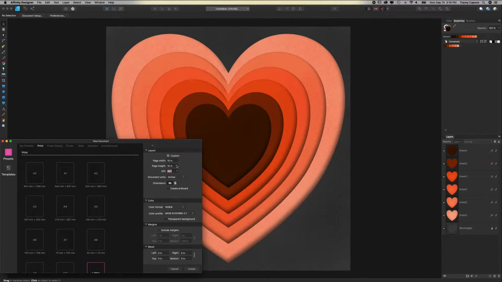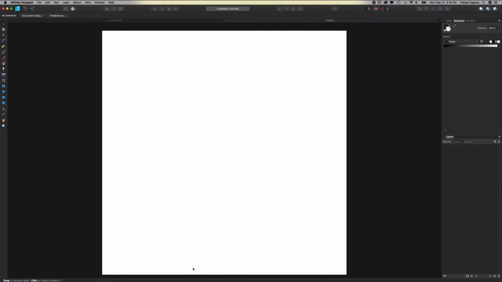So I'm going to go ahead and select a 10 by 10 canvas here. And I want to make sure my DPI is at least 300. That's the minimum that you want to select if you plan to print anything. I don't need an artboard, so I'm going to keep that unchecked. And I'm going to make sure transparent background isn't checked, and I'll click Create, and now I have my document